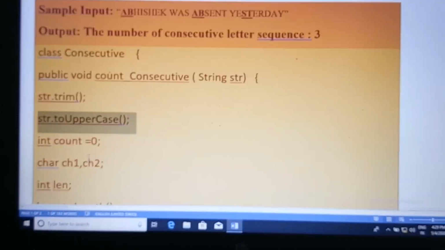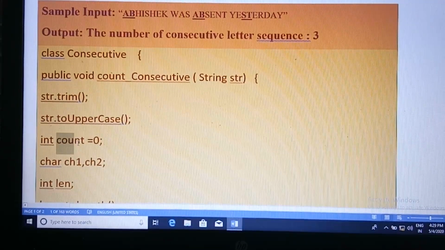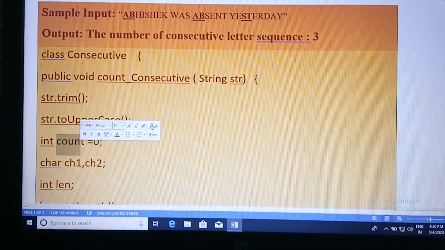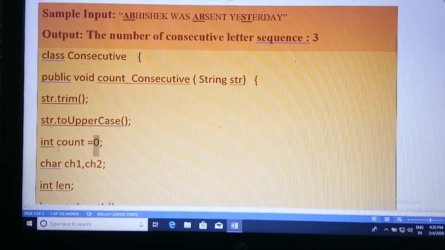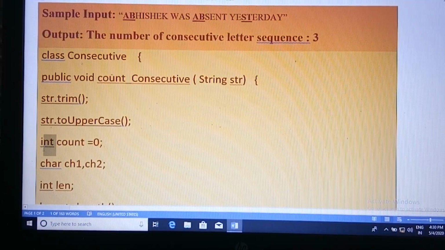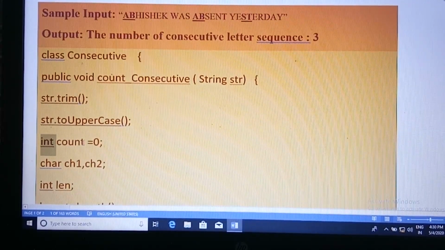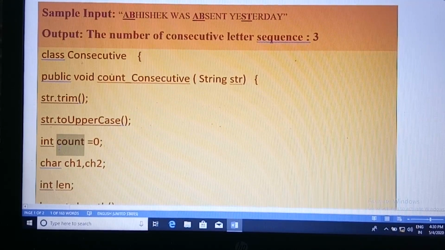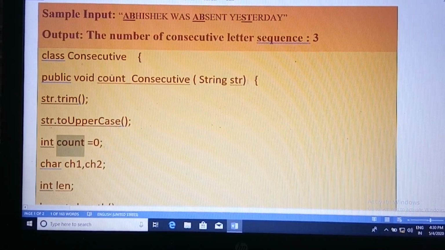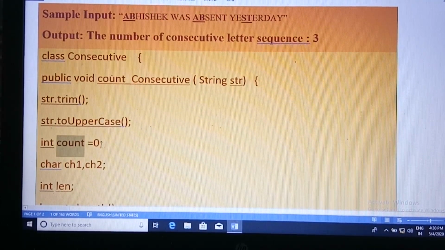The variable count, which is initialized to 0, is used for counting the number of consecutive letter sequences in the given sentence.